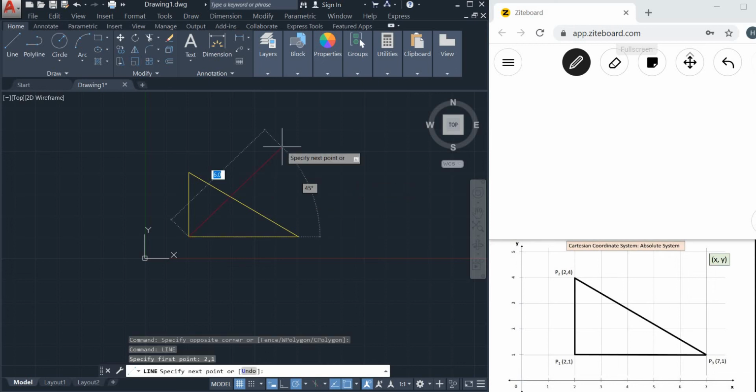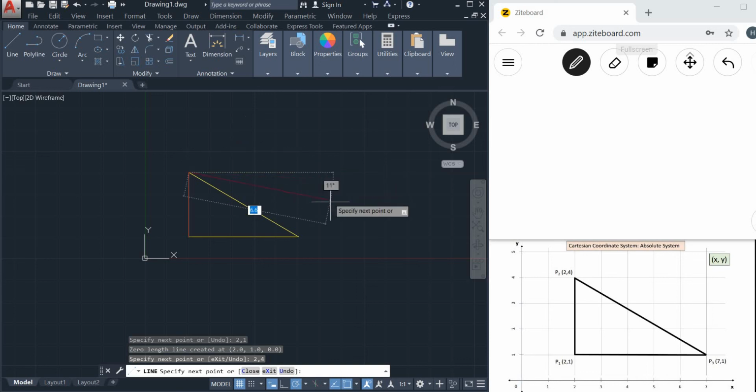Now you have to type the coordinates of the next point, but the settings are set to relative system. So what you can do is type hash, and then you can enter the absolute coordinates of the next point. So the next point is at 2 4, type 2 comma 4, press enter. For point number P3, type hash, first coordinate, comma, second coordinate, enter. And if you want to go back to point number P1, hash 2 comma 1. And now let's get out of this line command, press escape.